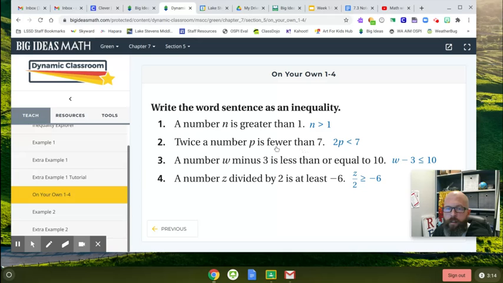Oh, I said 7 minus 2p, but I was wrong on this one. It's just 2p is less than 7. Fewer than is the same as less than. My mistake on that one. If you caught it, send me an email and I'll